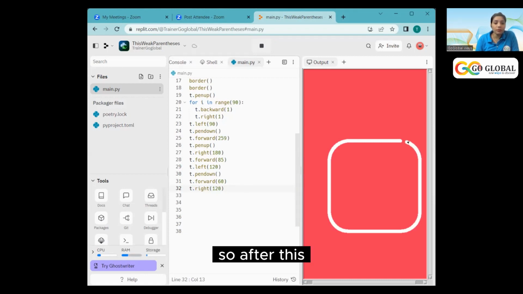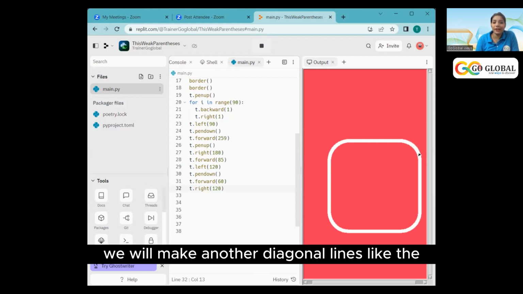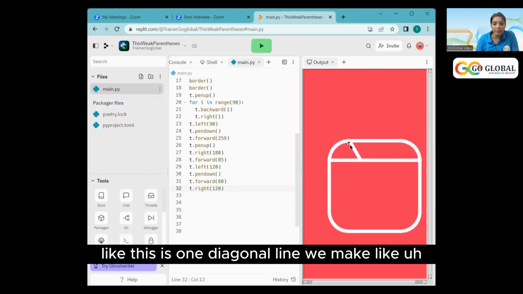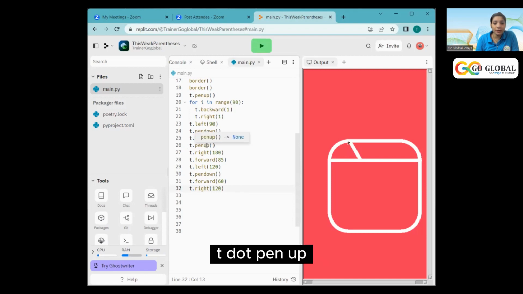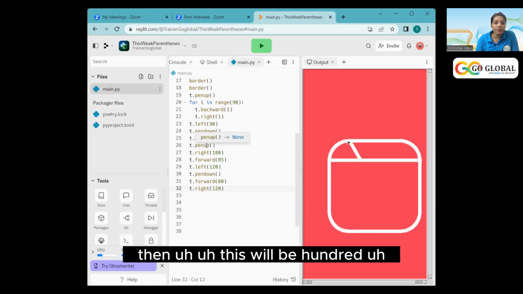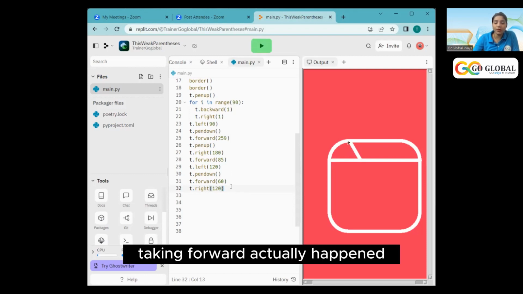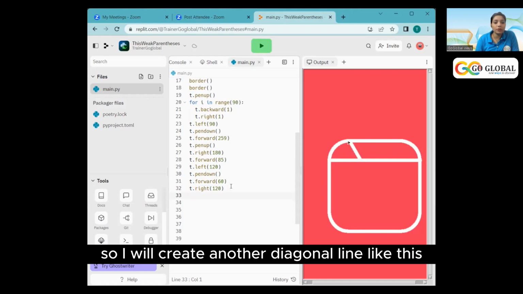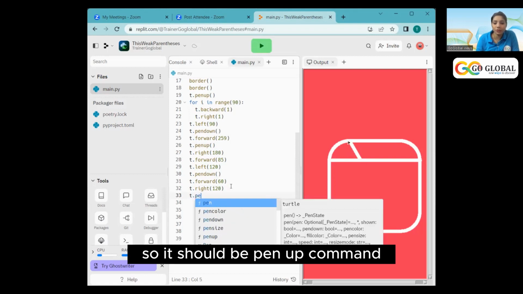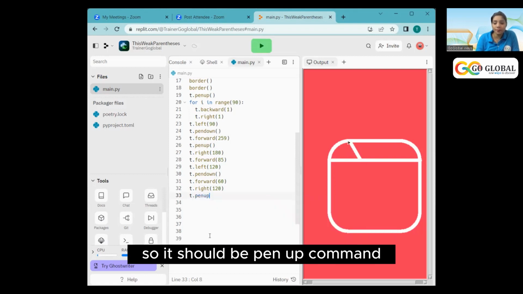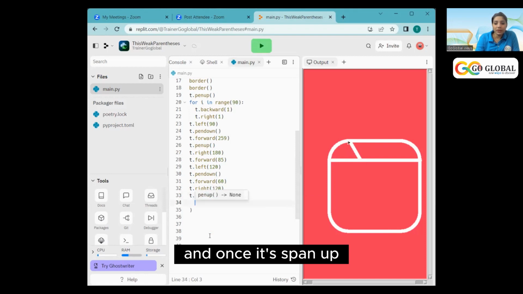So after this, we will make another diagonal line, like this is one diagonal line we make, with the command t dot pen up. Then this will be 100 degree forward actually happen. So I will create another diagonal line like this. Of course, I want pen up command, so it should be pen up command. And once it's pen up,